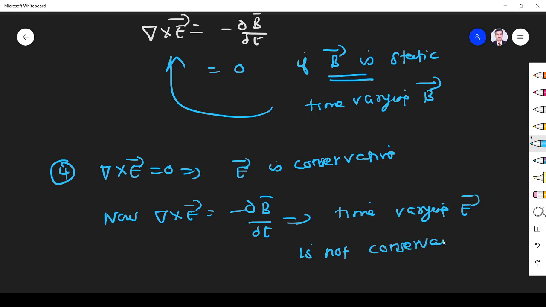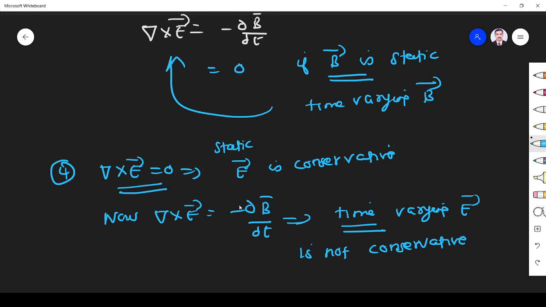That is very important. We studied that it is static. I told you for the first time we are bringing in the parameter called time. In the first 2-3 units we didn't use the word time. For the first time we are using the word time. A time varying electric field is not conservative, whereas a static electric field is conservative. That is very important, right?